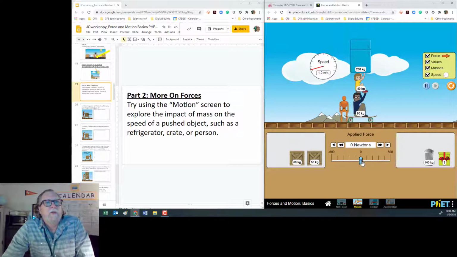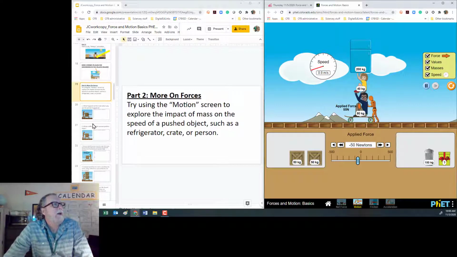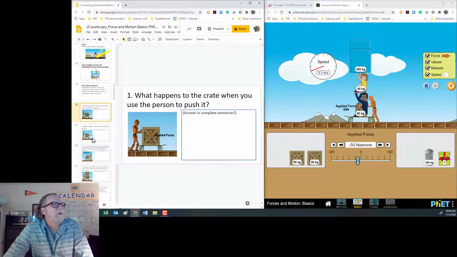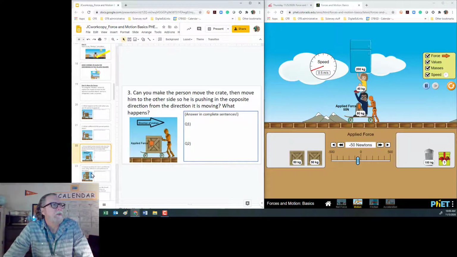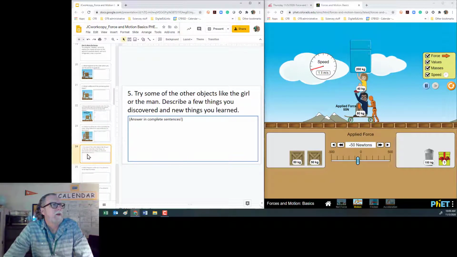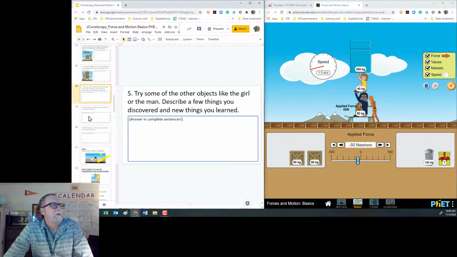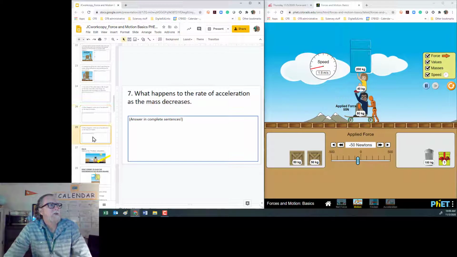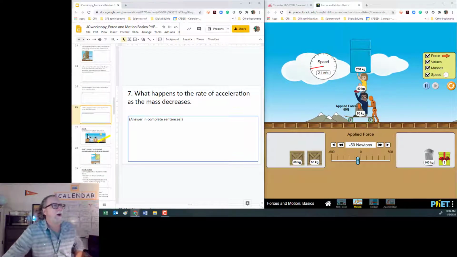You can also do it with the slider down here. Okay, you can also do it with this button. So there's a number of different ways you can do it, and you're going to be documenting what happens on each of these. And obviously you're going to be answering in complete sentences. All right. So you just basically have to go through it and work out each one of those